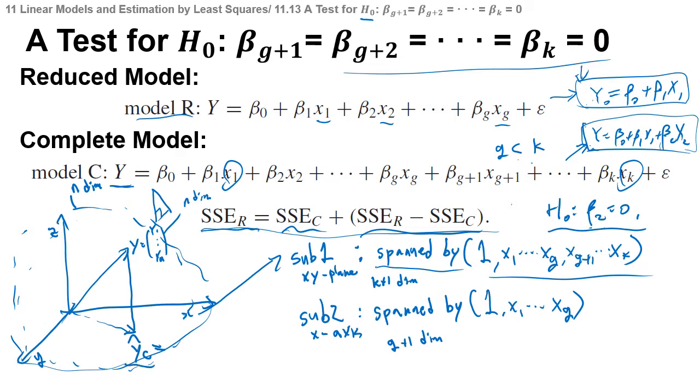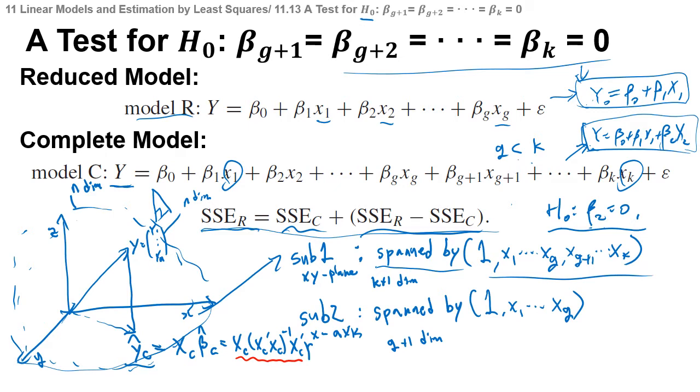So this is xc beta hat c, which is xc (xc transpose xc) inverse xc transpose y, and here this is the projection to